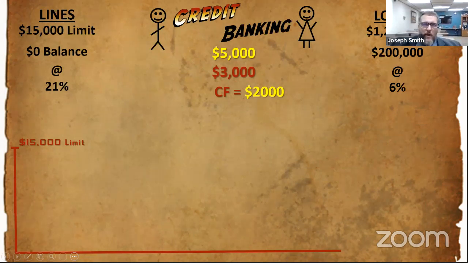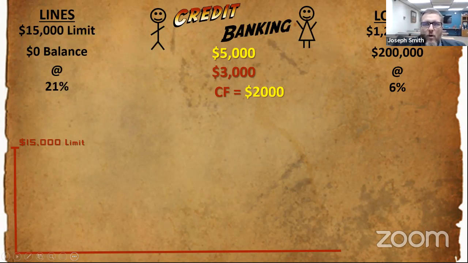Once you've paid off your line of credit, you're not done there, right? You have to understand that it's very tempting when you're doing credit banking, when you free up a line of credit, to think, hey, time to party. Let's go to Vegas. Let's go to Hawaii. Let's go on a trip. Let's buy a big screen TV. Let's celebrate. And now you've taken 1 step forward and 2 steps back. You don't want to do that.